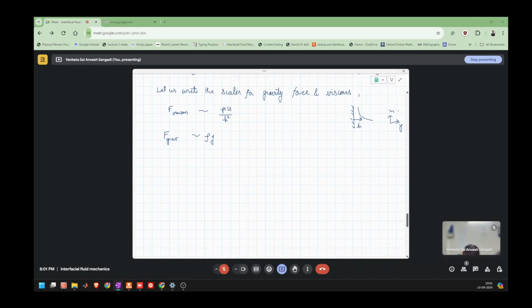So now if we balance these both forces, we have mu u by h square by rho g, and